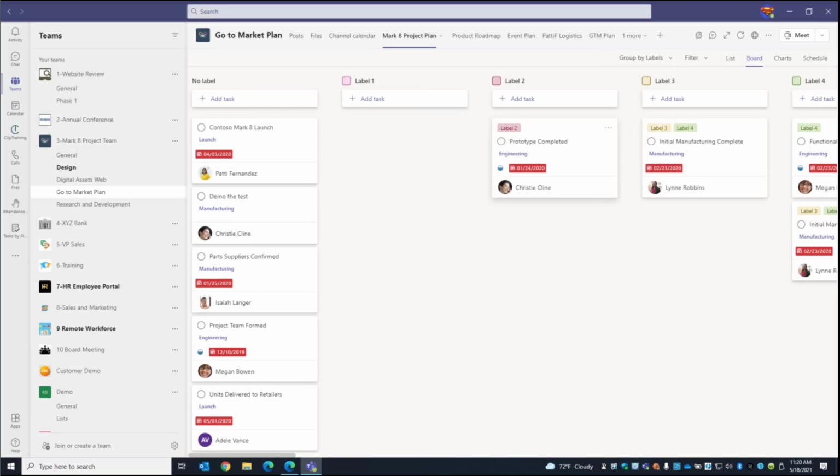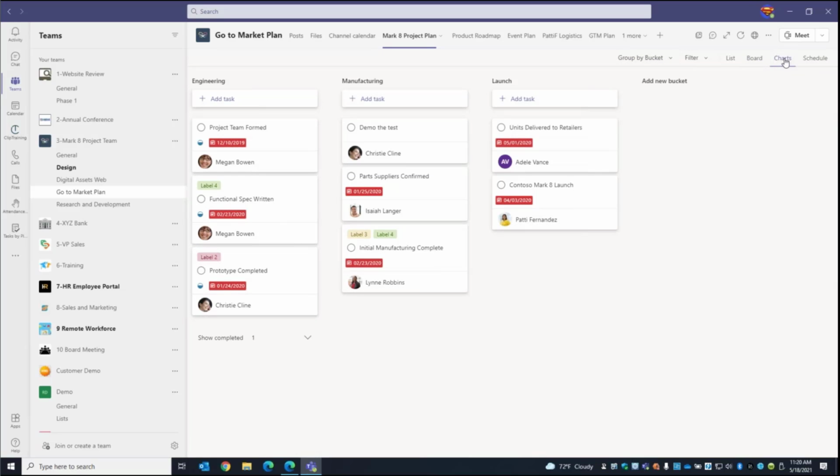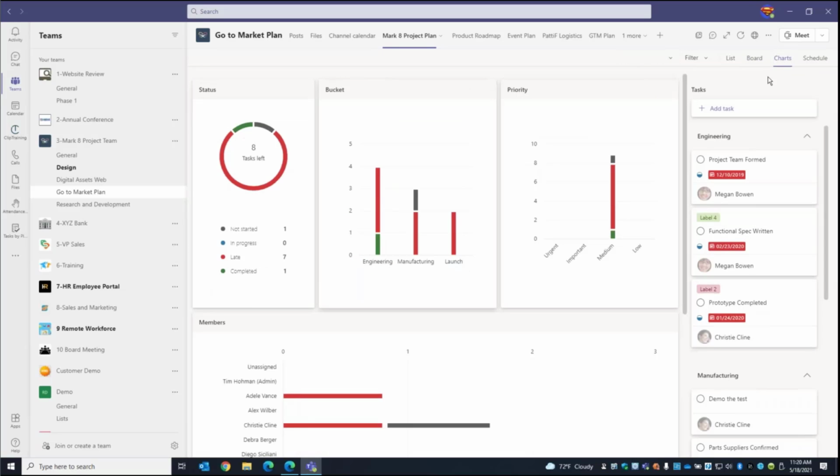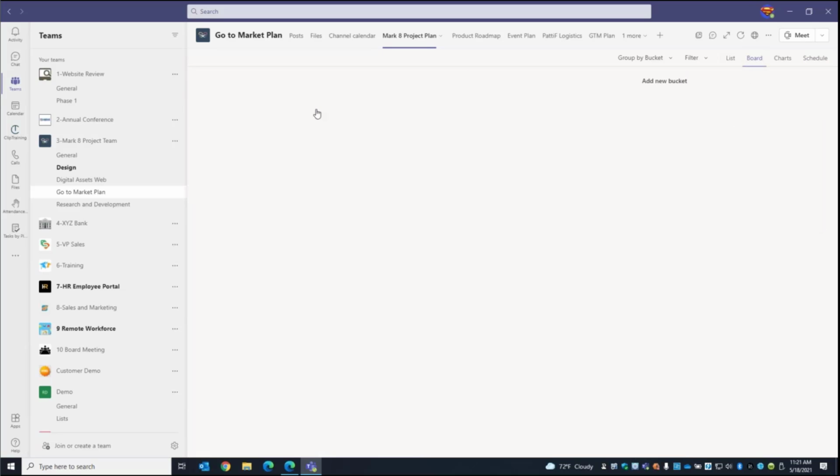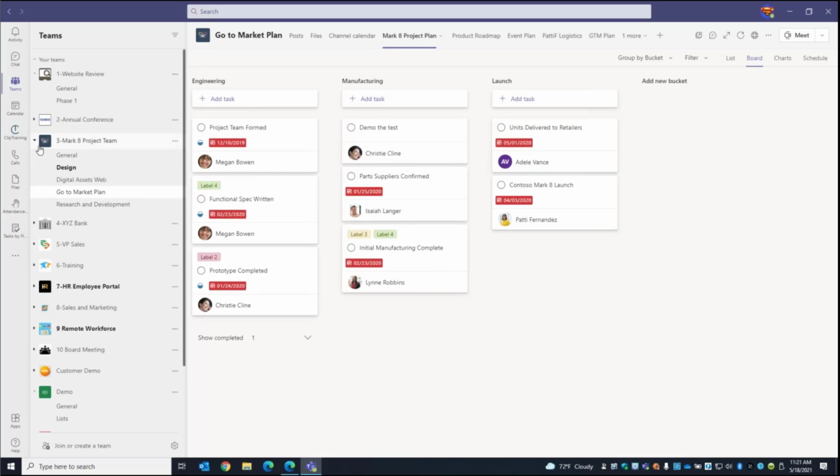You can also label things. These are just labeled generically, but for some of the things I do, I use labels quite frequently. And again, you can view it by a chart view or schedule view, which is really nice to see. If you have things that are going to pop up on this calendar, it's going to give you an easier way to view that information. So another one I'll jump in and